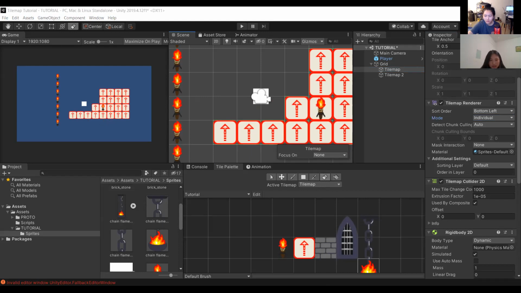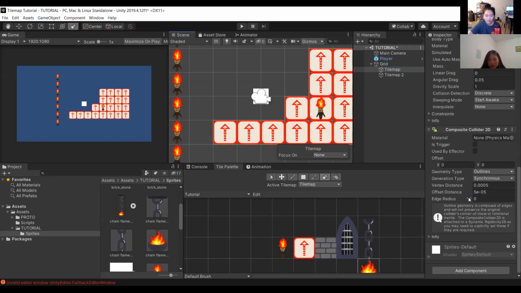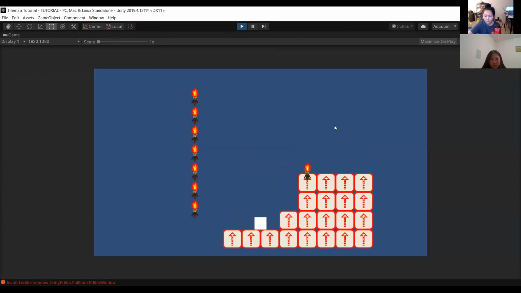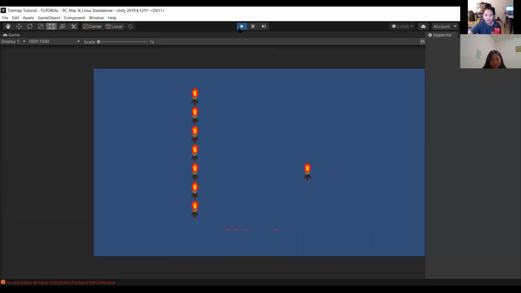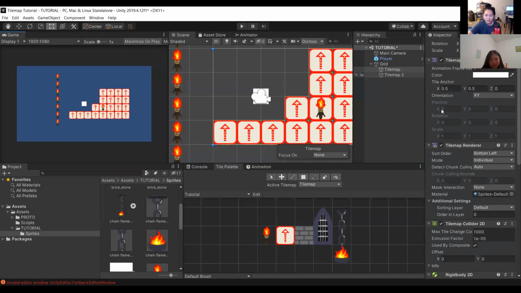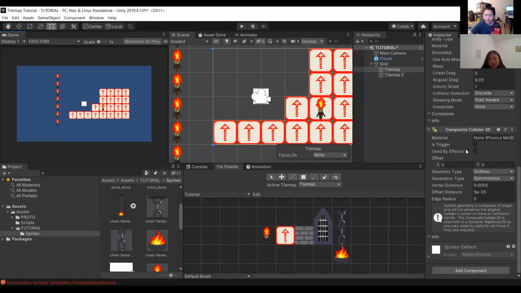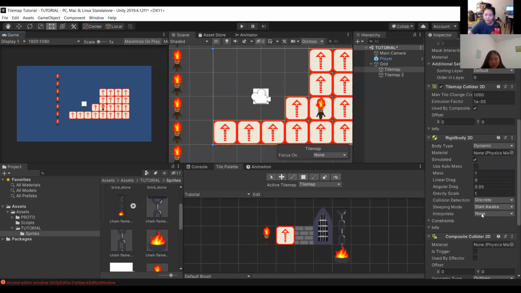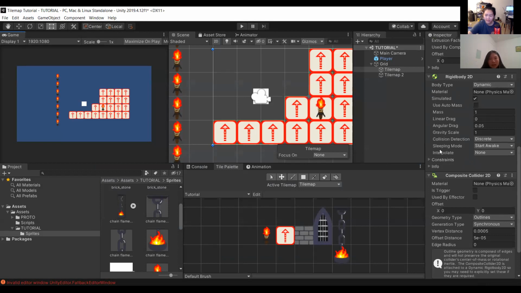Hopefully, yes. And so that is the basics of these colliders and how to make sure the player can stand on these platforms. So now when I press play, oh, my bad, something that I forgot is your composite collider will automatically add a rigid body 2D to the game.